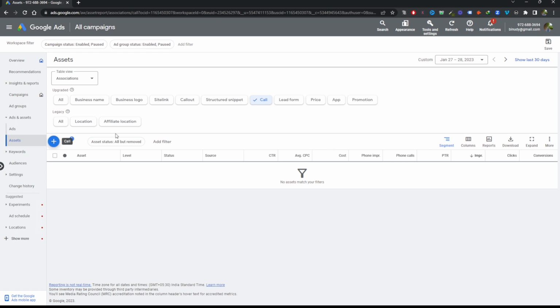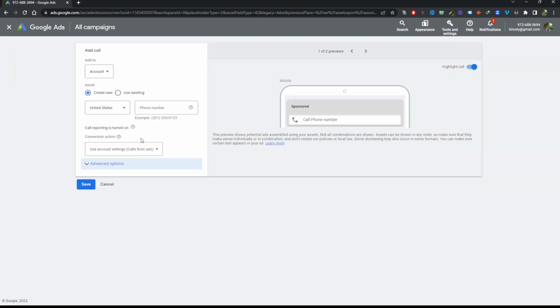So you can create this call asset. You have to put your business number right over here, the number you are using on the landing page. You also have to put the same phone number over here, right? So it's probably the most important asset in Google Ads, right? It will give you an extra boost. Not only that, you can get a handsome amount of clicks or leads for free, because